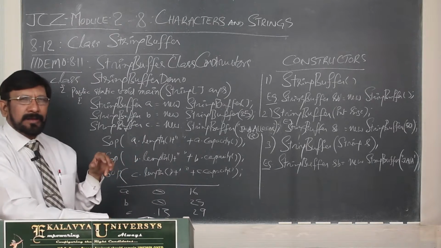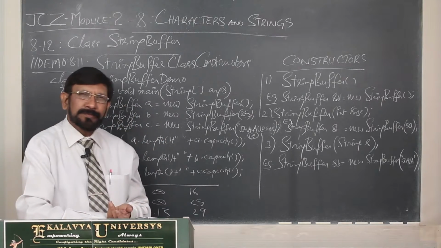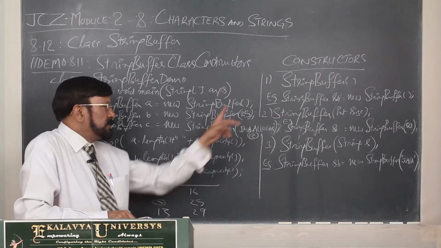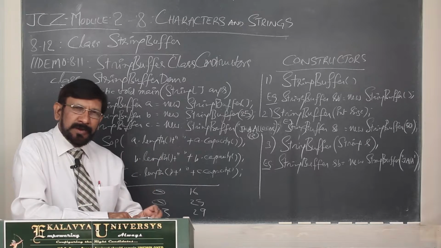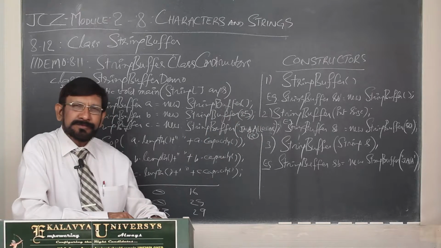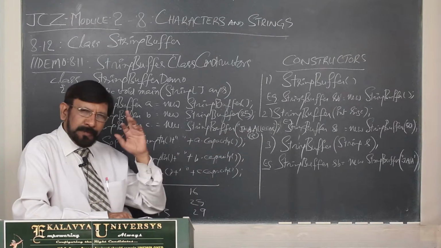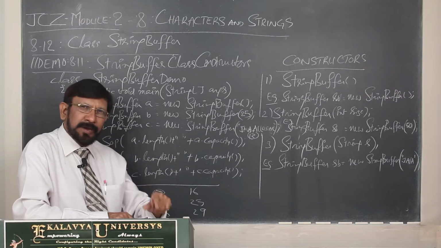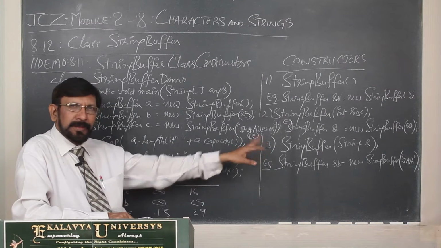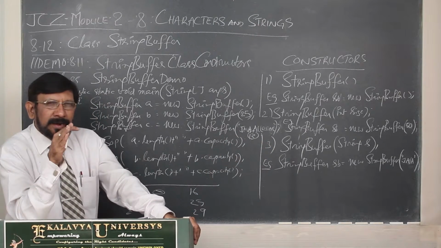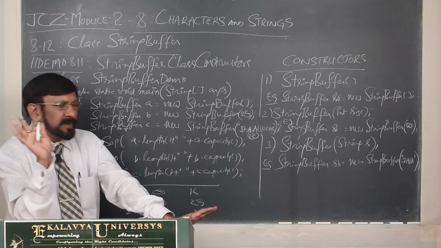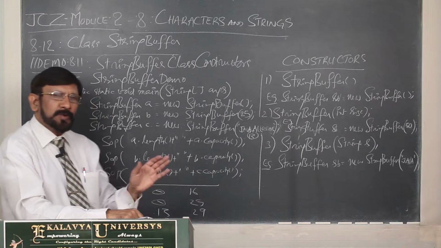In this manner you choose the right option. If you do not know what the capacity would be, then just define this. If you specifically know the string length will never exceed this much size, then you mention this. Otherwise, you give a string object, and additionally it provides another 16, and whenever the length becomes more than the capacity, it automatically increases, so you need not worry about that. It is a mutable string.